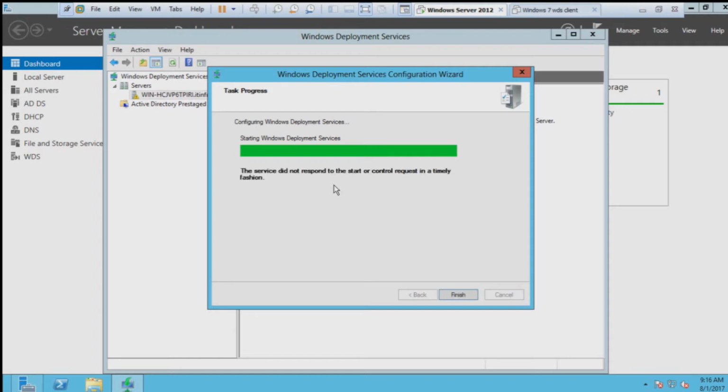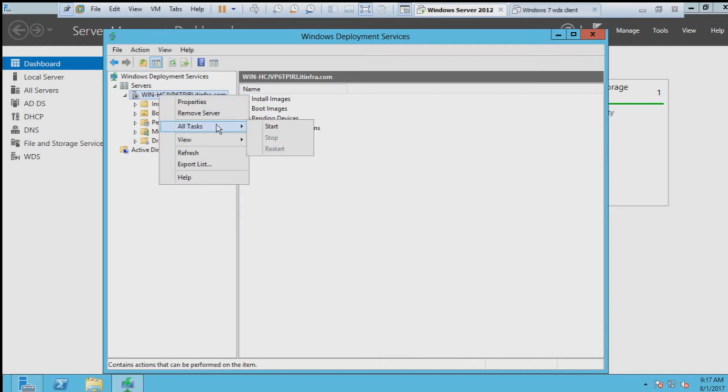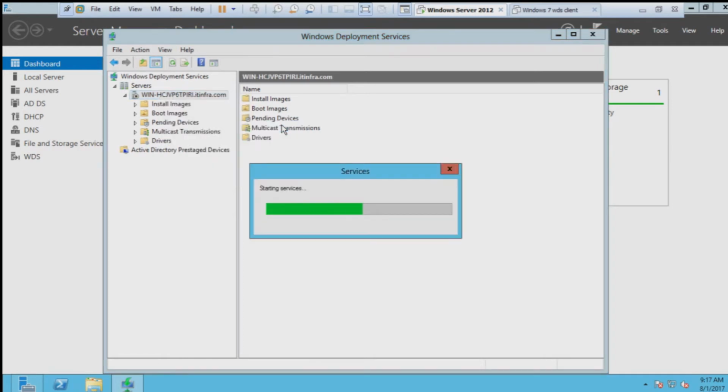Now you can see that our server is configured now, but it is showing that the service did not respond to the start or control request in a timely fashion. So you can see that our system is configured and this server is not running right now, so we need to right click there and go to All Tasks, and there we need to click on start. So now the service will start,